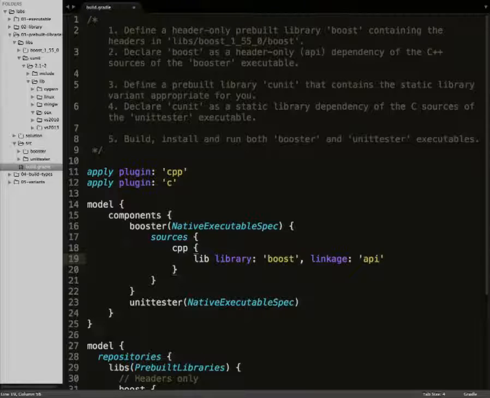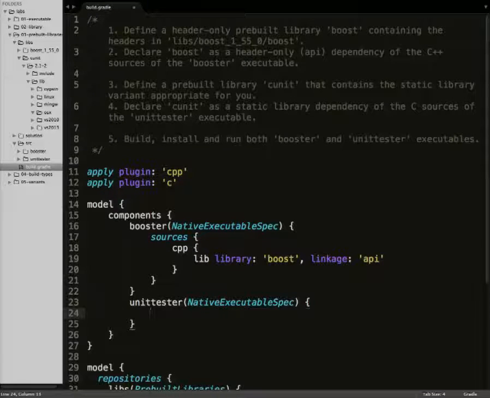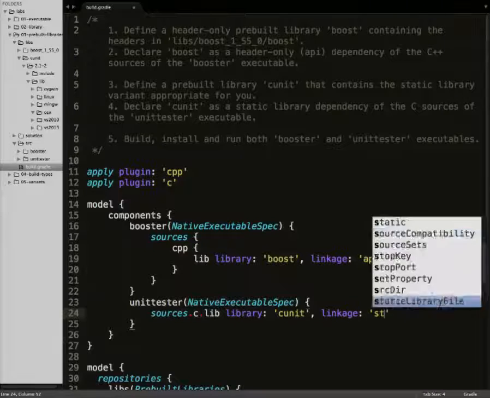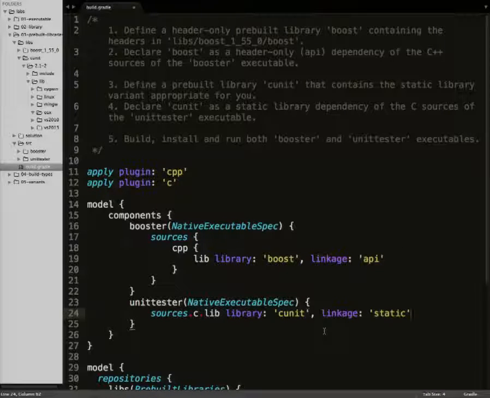All right, so the Booster is a C++ executable. We have a dependency on Boost, and it's an API-only dependency because it doesn't have any kind of library or anything to go with it. The unit tester is actually a C executable, and so we want to link against CUnit. We want it to be static. Okay. If we go and try to build this,